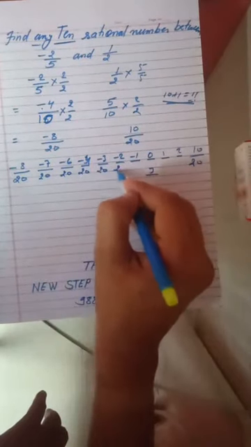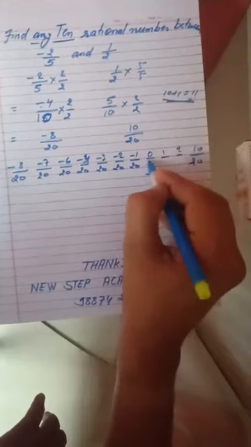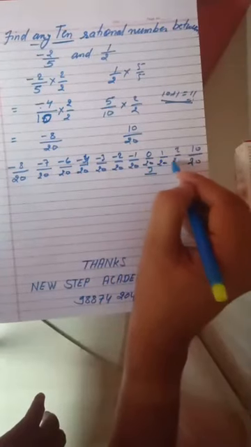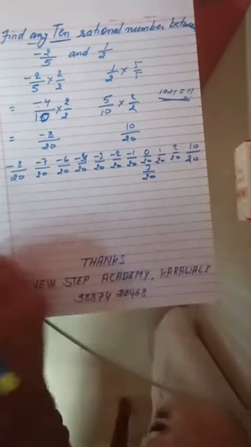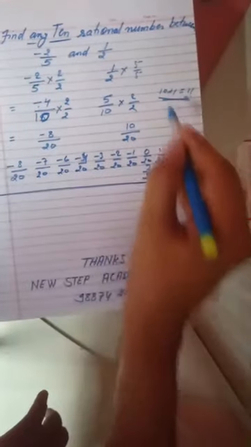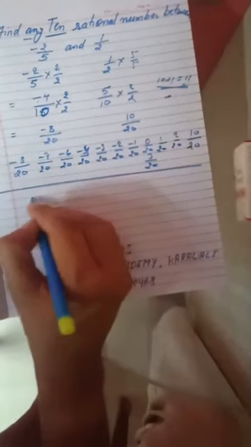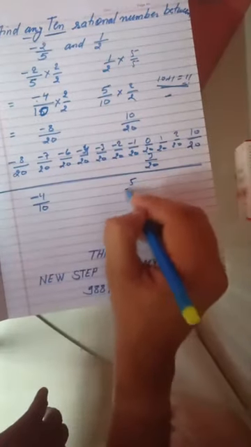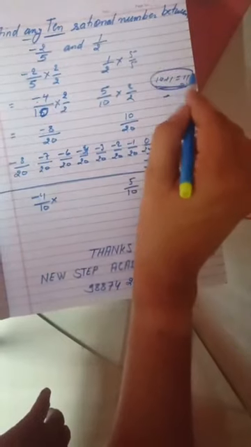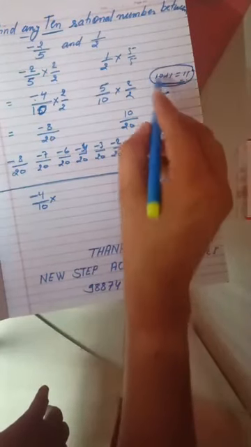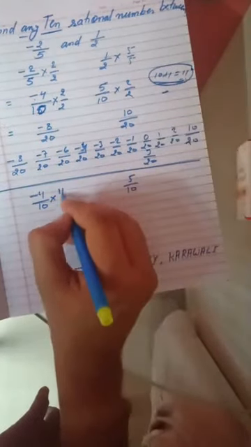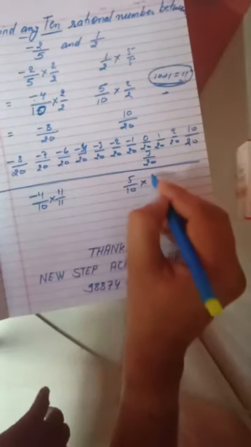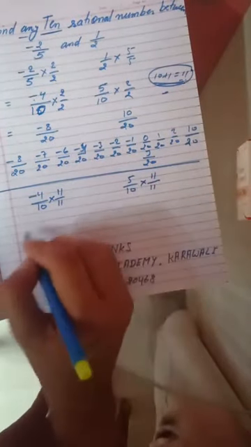So you can find this type; whichever quantity of rational numbers you require, you can find. Okay, now we will do this also. This is -4/10 and the other number is 5/10. You just multiply, keep in your mind 10 plus 1 equal to 11. So multiply with 11 and divide by 11, multiply with 11 and divide by 11 also.